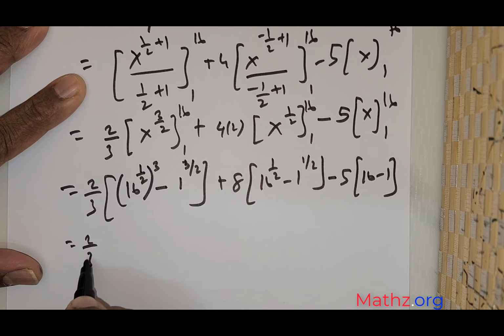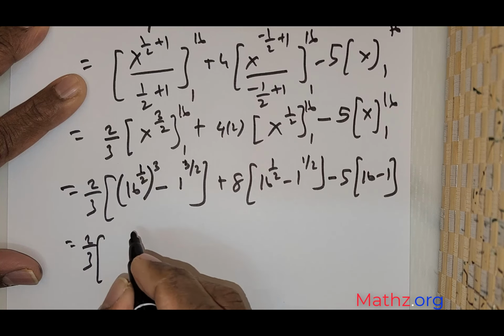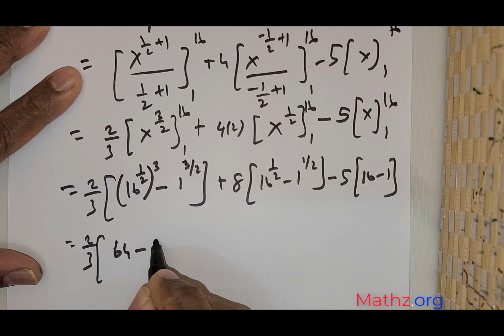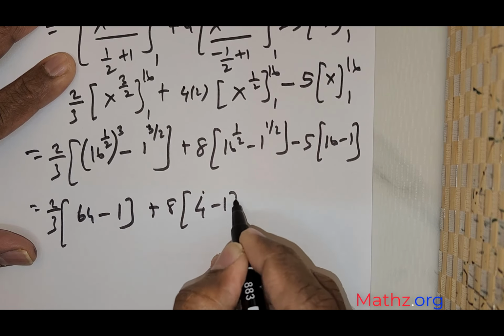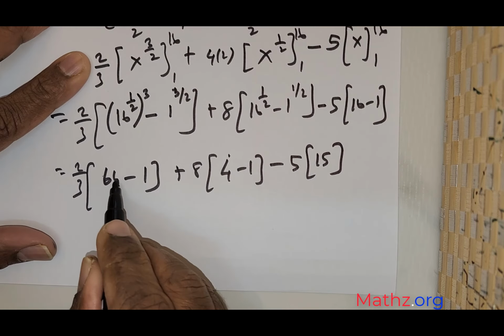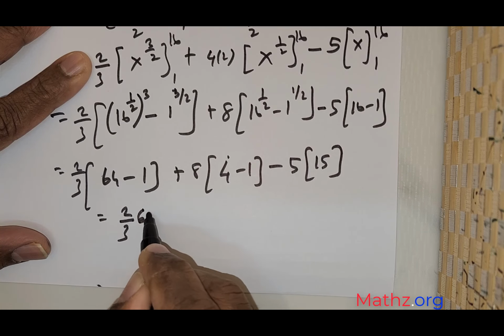So this would give you 2 over 3. Square root of 16 is 4. So 4 raised to the power of 3, 4 squared is 16, 16 times 4, that's 64. Minus 1. Positive 8 times, this is 4 minus 1. Negative 5, 15, right? So this will give you 63. So 2 over 3 times 63,